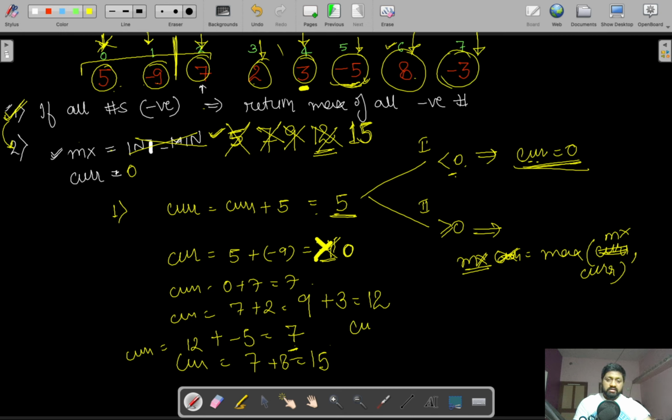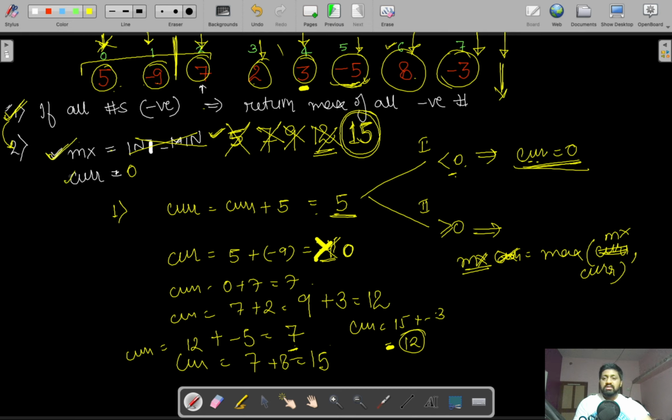So our current will now become 15 plus -3, that is 12. As you can see, 12 is not greater than 15, so we will not update it, and we increment i. When we increment i, it reaches the end, so we break this loop. At the end, we have our maximum sum contiguous subarray in this max variable.